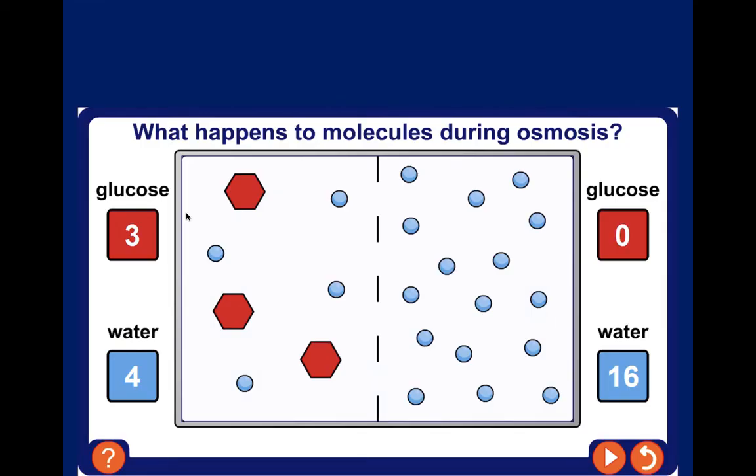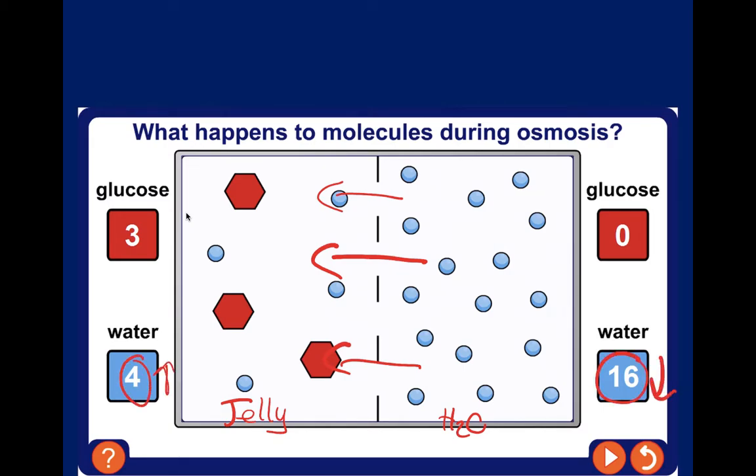So you have this picture on page 120, and this is our jelly, and this is our glass of water. So in the scenario where we put it in, the water will move through the barrier. And if we could set this off, the numbers would change. The number here would increase and the number here would decrease, and this would stay the same because the glucose can't fit through